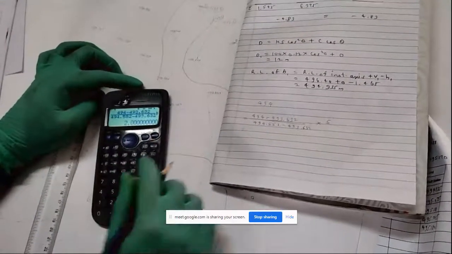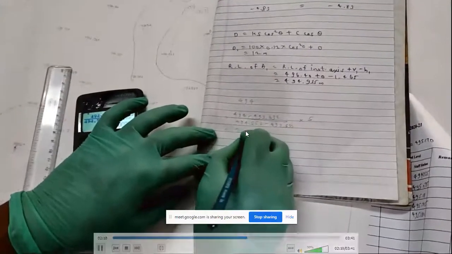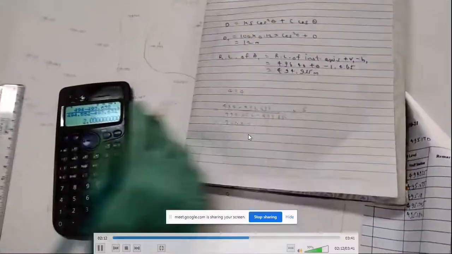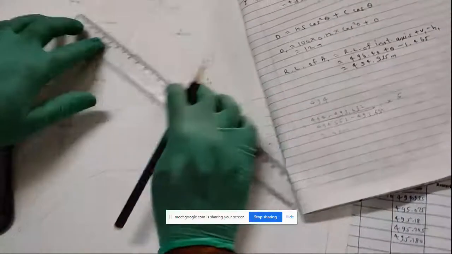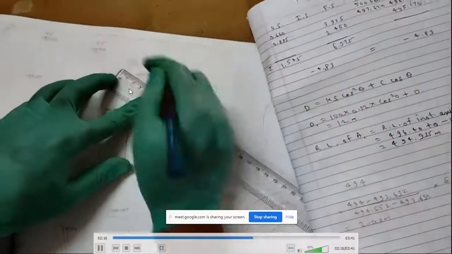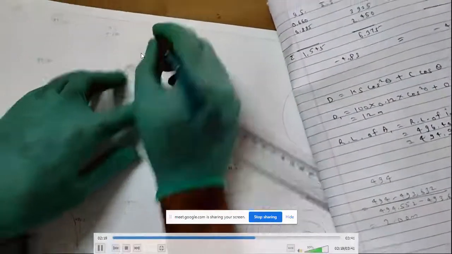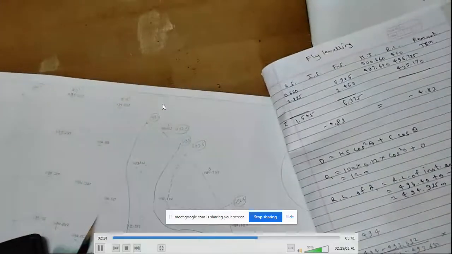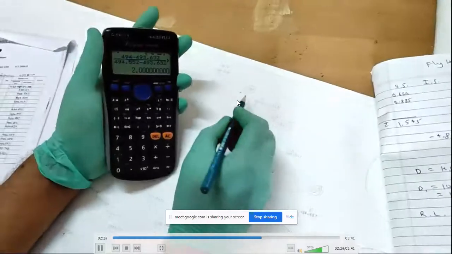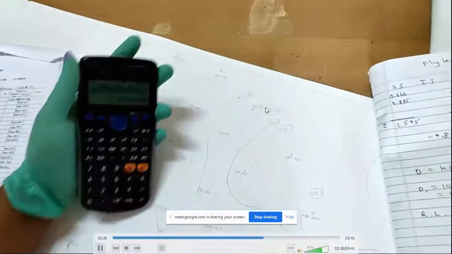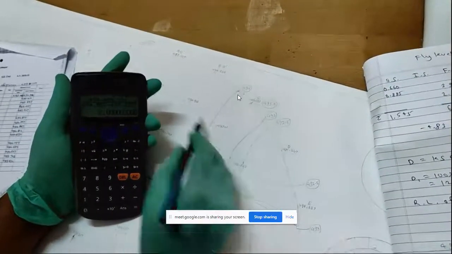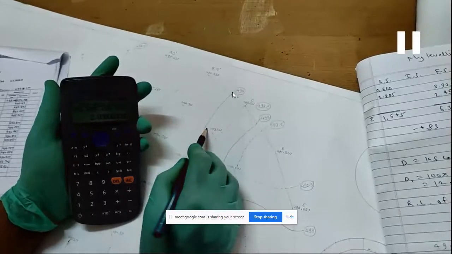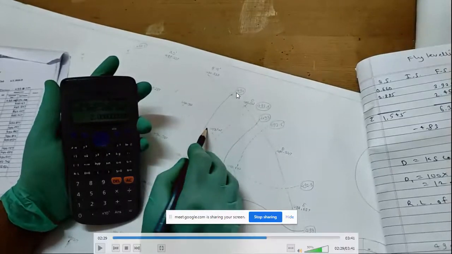Okay, so that distance is coming out to be 2 centimeter. So I have plotted on the sheet that distance, that is 2 centimeter from the lower RL. Okay, so that is the actual. So likewise, we are supposed to do the sheet interpolation for the same line which can pass from the other